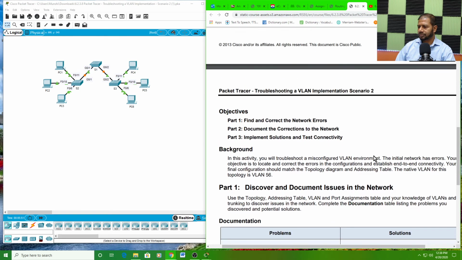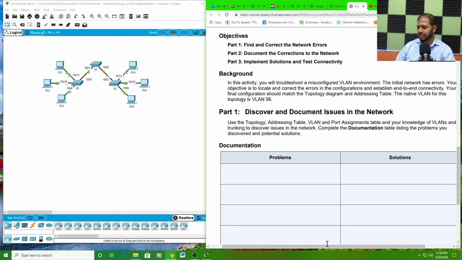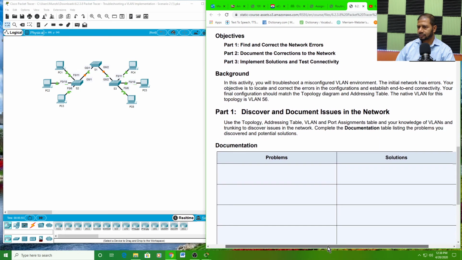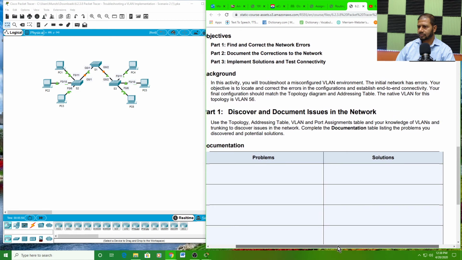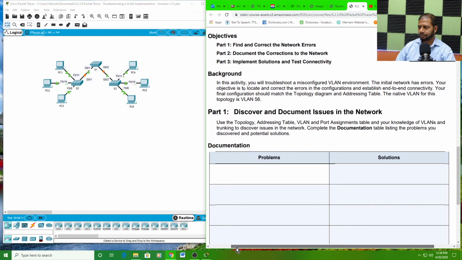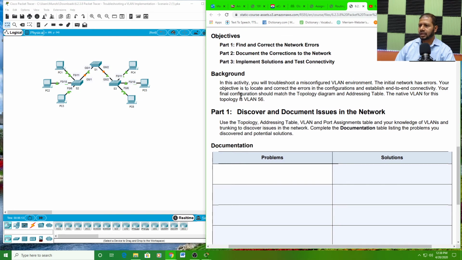Okay, so the same thing here except, background in this activity. So be sure to open up this PDF file first. Okay, so we can type in here and do our documentation. In this activity you will troubleshoot,